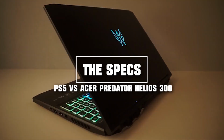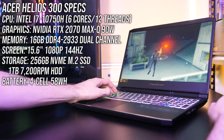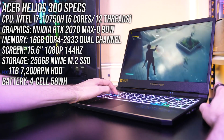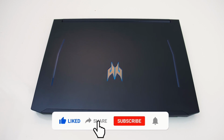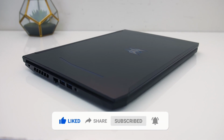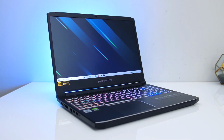Now, presumably, a laptop half the size of the PS5 wouldn't be able to fit better hardware and surely, well, no. The Acer Predator Helios 300 rocks an Intel 6-core i7-9750H, which clocks in at 4.3 GHz, whereas the PS5 has its custom-built 8-core AMD Zen 2 CPU, which is locked at 3.5 GHz. In plain terms, the PS5 CPU is a bit slower than the laptop's, meaning games will not run as quick